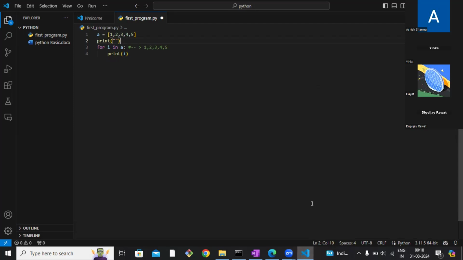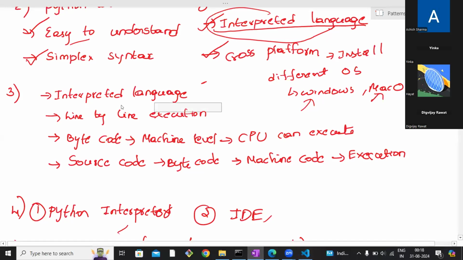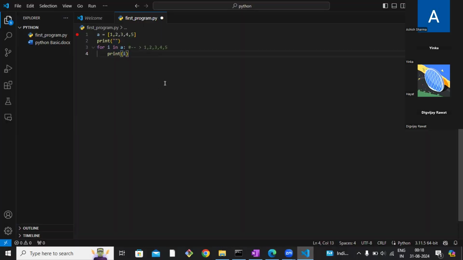See, here at the very first line, I have written 4 lines of code, right? So I will explain later what this print statement, for loop, and all these things are, okay? Just try to understand how the execution is happening. I have said here, line by line execution, right? So in Python, what happens? When you try to run the code,